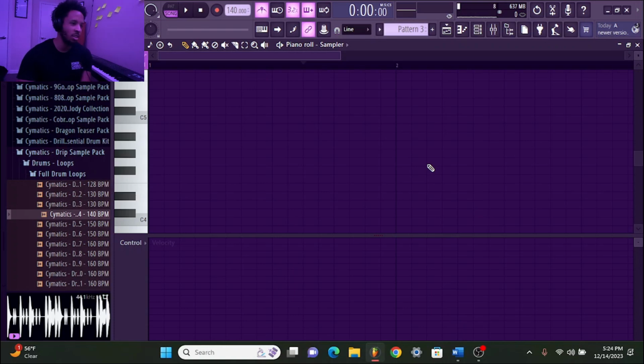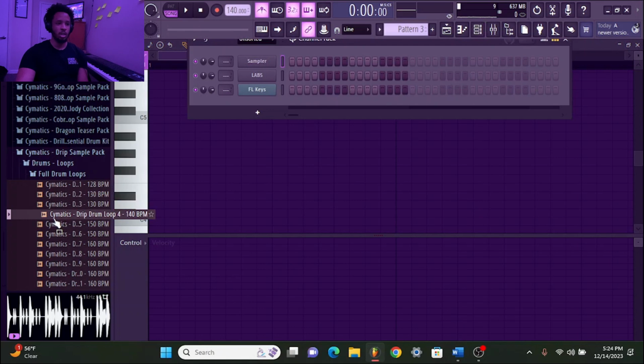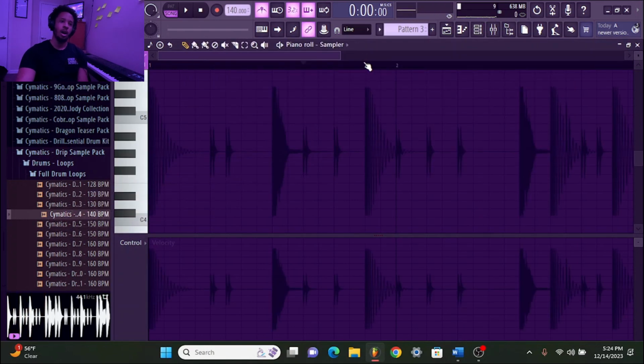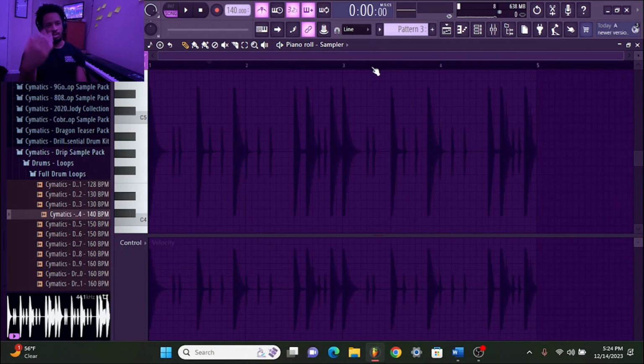I know for a fact I ran into this problem, but how many times have you tried putting something on the channel rack while the piano roll is open and then, oops, because now I have this in my piano roll, which I don't want to, and I can't get rid of it. Yes, you can. How you do it is